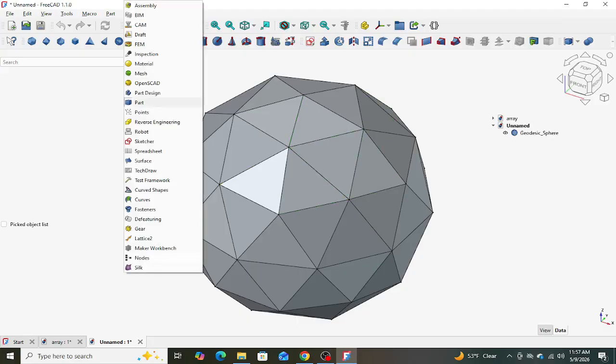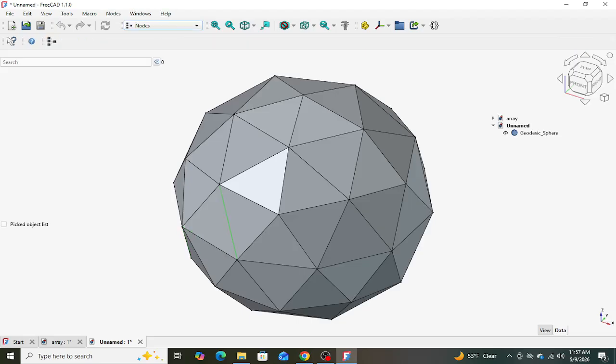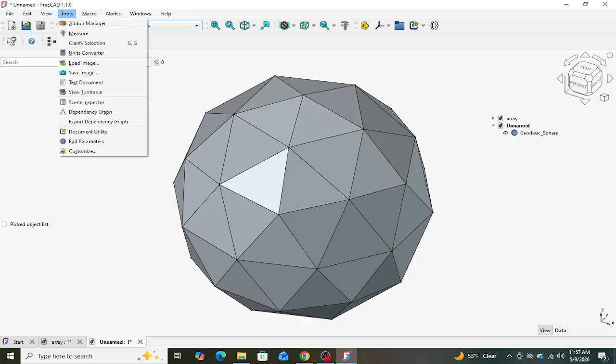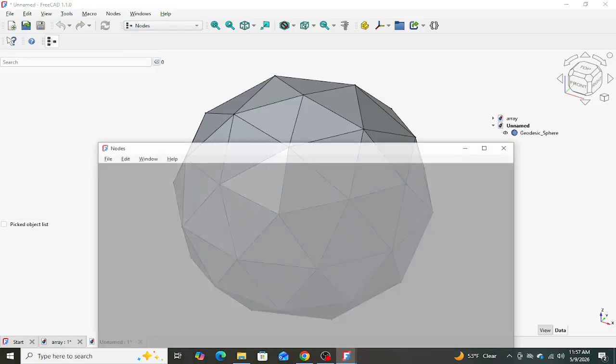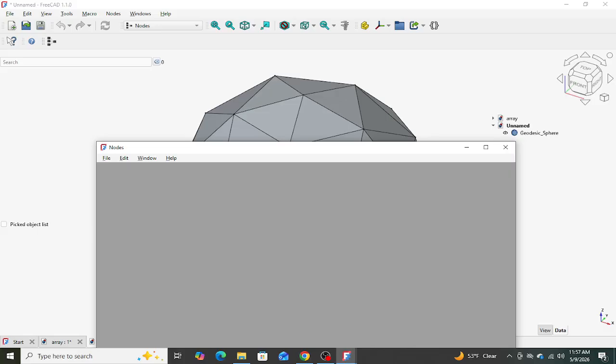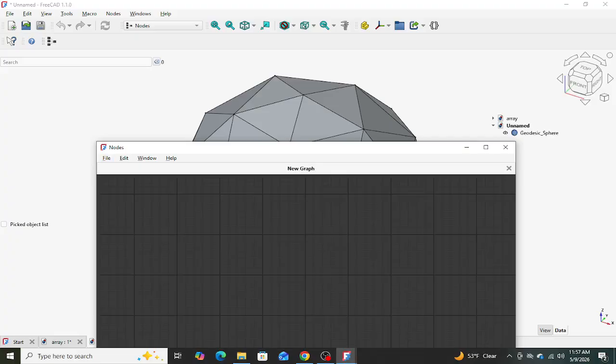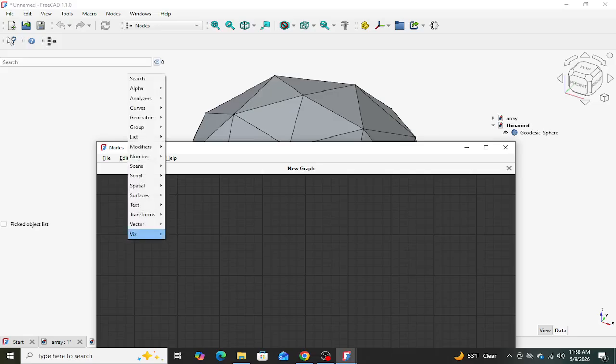So we're going to go into the Nodes workbench. Give that a second to load. Nodes is an add-on you can get in the Tools toolbar, Add-on Manager, if you don't have it already. It's a little bit more powerful way of modeling. You can click new file, new graph, new node graph. Okay, on the left hand side, we're going to start by bringing in